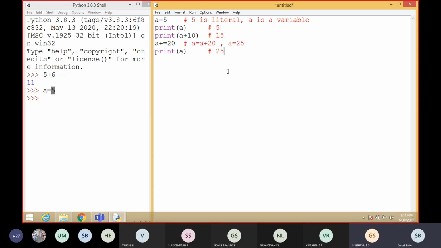Yes, sir. So this hash I just used to make the statement understandable, that is used to make you understand. This will not affect our program, these are not the program actually, these are just comments.